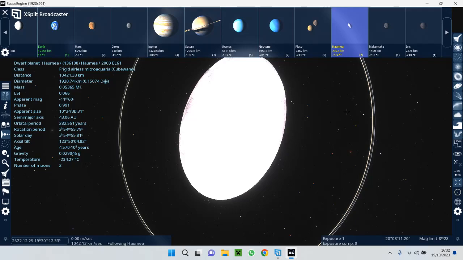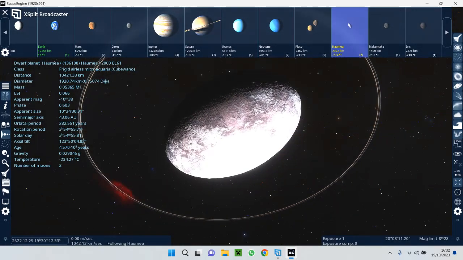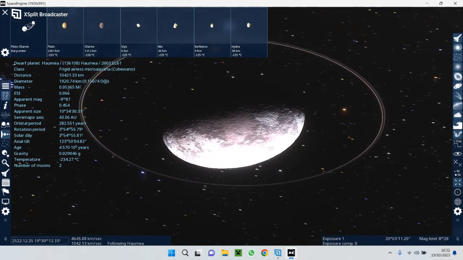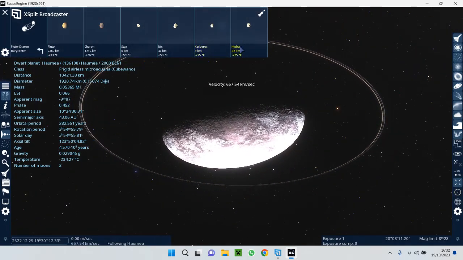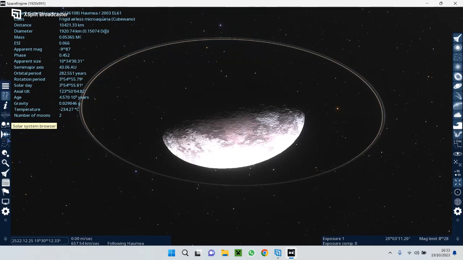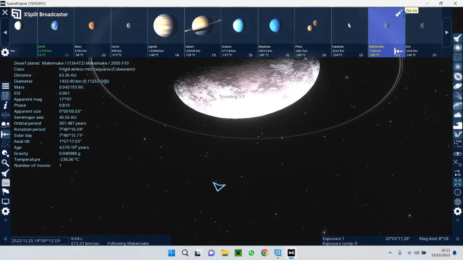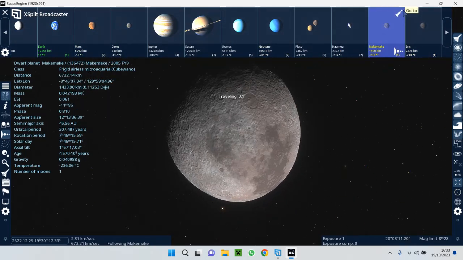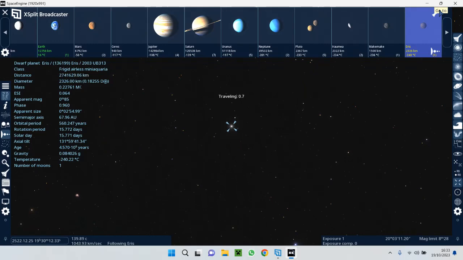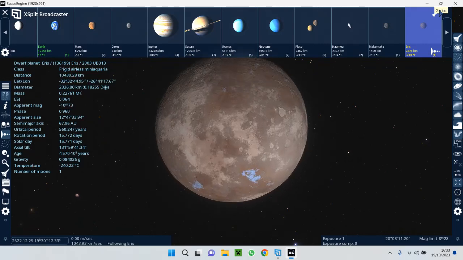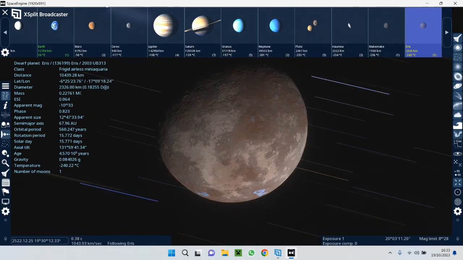So yeah. Oh god. Final dwarf planet in our solar system, in the game.